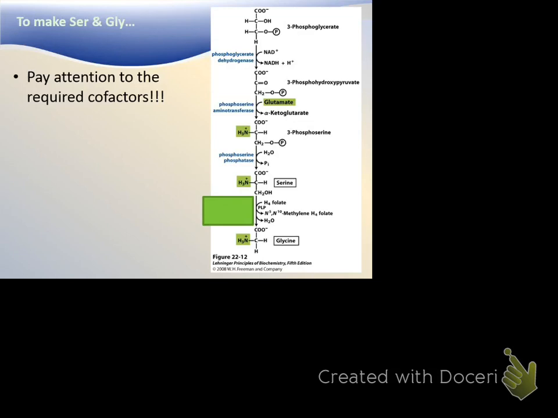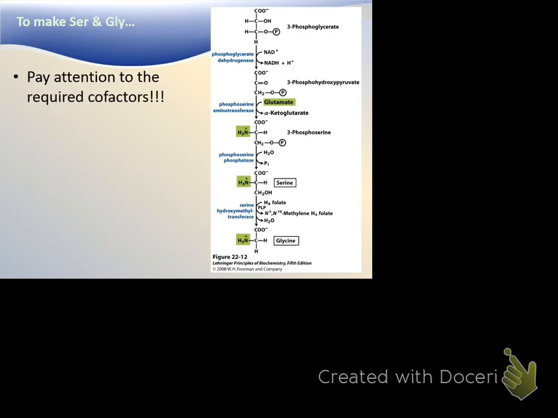It's just one additional step from serine to glycine. This one is interesting. This is tetrahydrofolate, which comes from folic acid, and it gets transformed into a methylene tetrahydrofolate. So the only difference, let's see, how can I explain this? The only difference between a serine and a glycine is what? CH2OH. What can you call a CH2OH? Well, it's close to methanol, right? Methanol would be CH3OH.